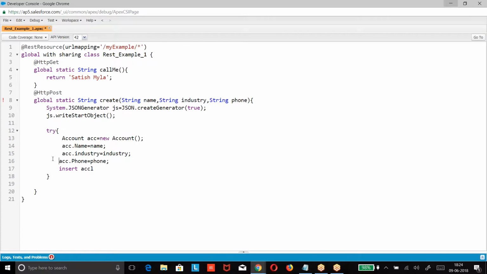Somebody from outside wants to insert their data into Salesforce. So if they pass the name, phone, industry, I will insert the data.